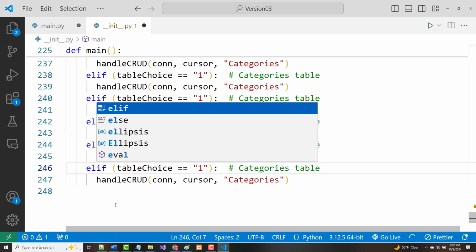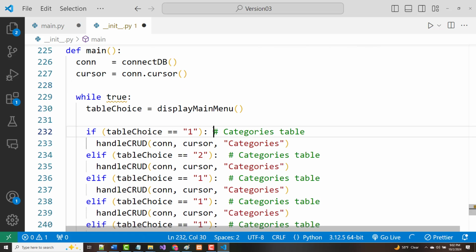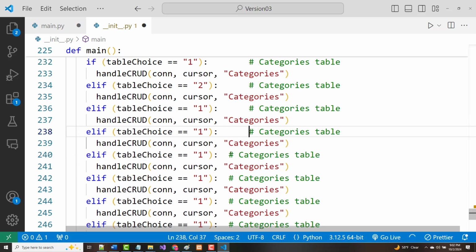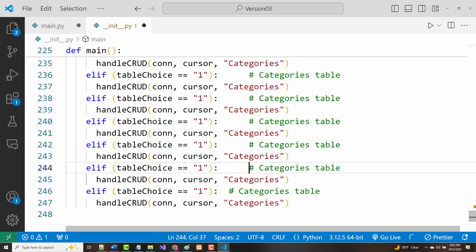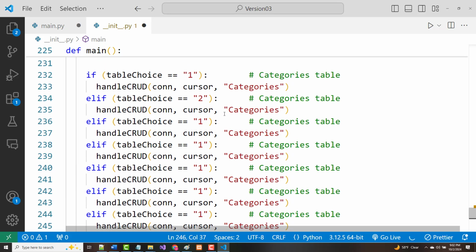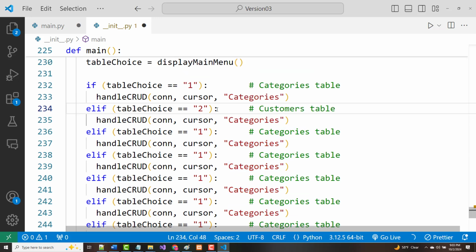No, we're not done yet, of course. All right, so 2. Let's move these over. Just trying to line up my comments here. All right, so we've got 1, which is categories, 2, which is customers, 3,